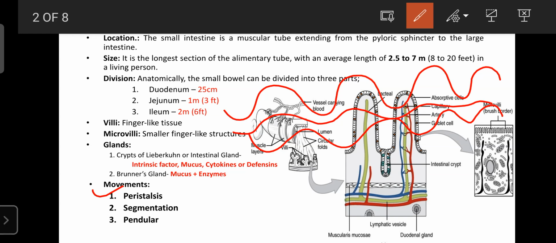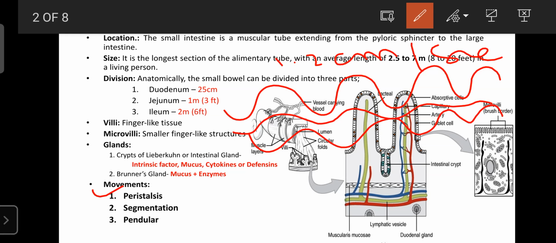And the peristaltic movement, the rate is 1.2 centimeter per second. And the peristaltic movement is regulated by a certain cranial nerve, especially the vagus nerve. It can regulate the motility of the small intestine, which is helpful for the propagation of the food from duodenum to the jejunum, jejunum to the ileum.